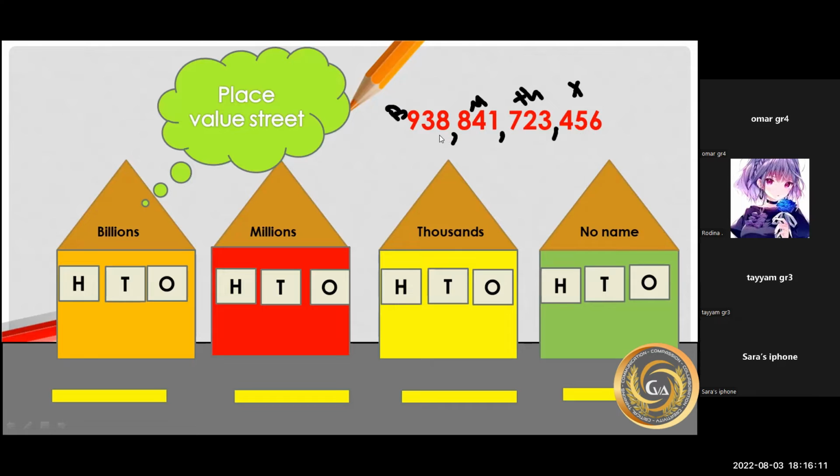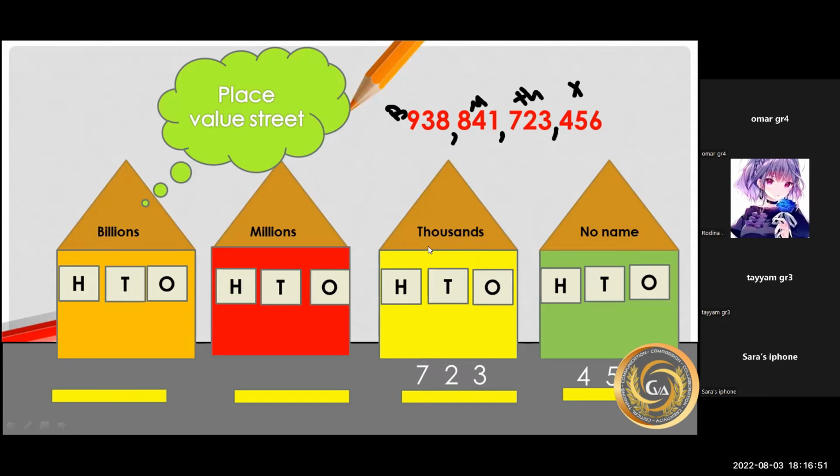If I want to say the place value, put each number in each house. So 6 here is what? 6 is ones, 5 is tens, and 4 is hundreds. What about thousands house: 3, 2, and 7? Put 723 in thousands house. What about number 3 here? You can say thousands. What's the place value of number 2? Look up, say first the room, then the house. Ten thousands, very good.